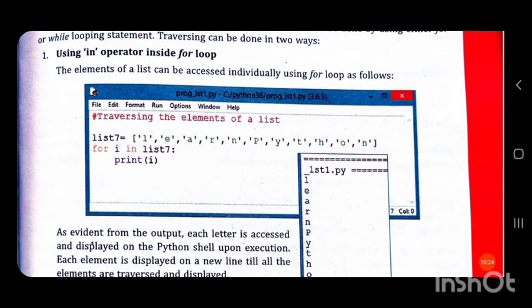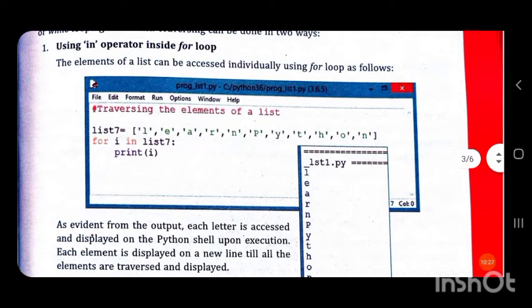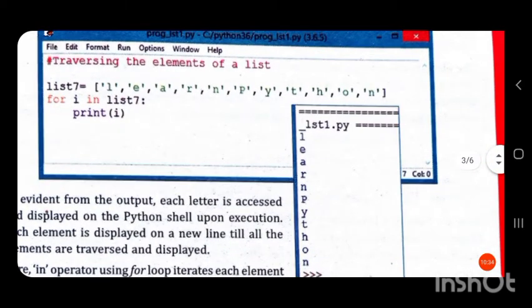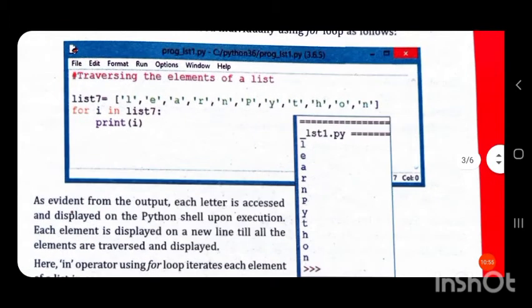The elements of a list can be accessed individually using a for loop. So this is a program containing a list. The name of the list is list7, equal to, in square brackets, strings containing single characters: L E A R N P Y T H O N. These are the elements of list7.